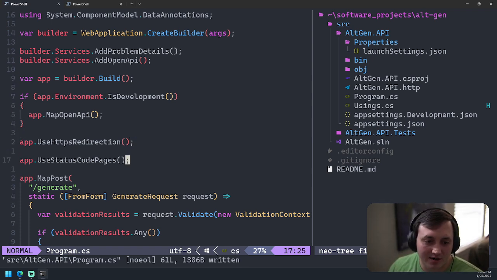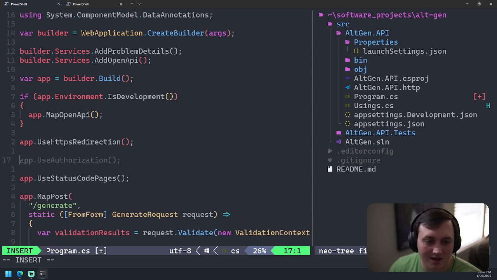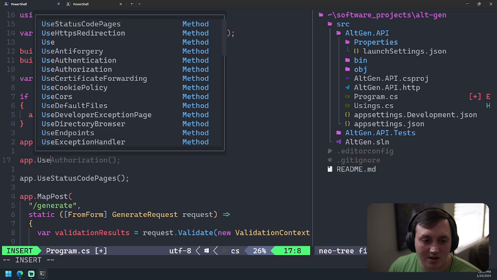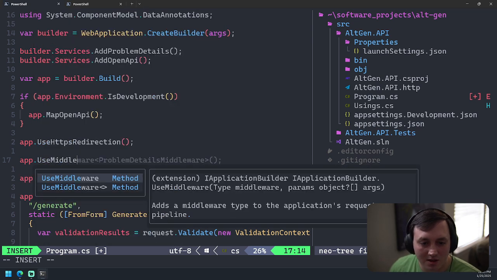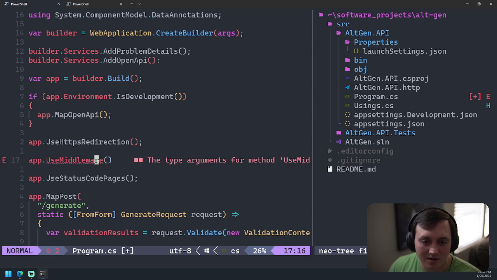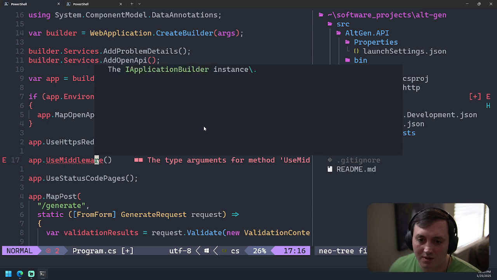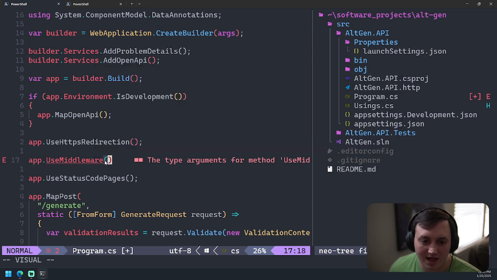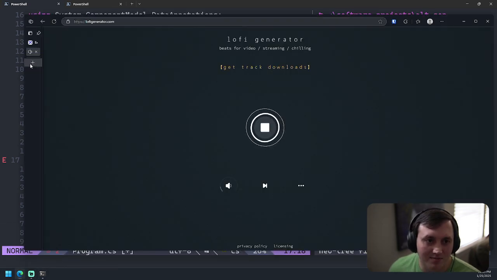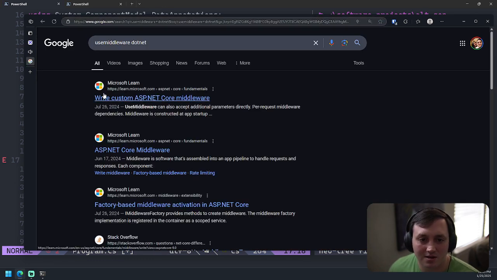So if we go down here, let's go at the very top of the pipeline, and let's say app.UseMiddleware. This comes with a couple different ways that we can use it. We can provide it a type, so you can use a strongly typed middleware, but I think I'm going to use just a simple lambda.